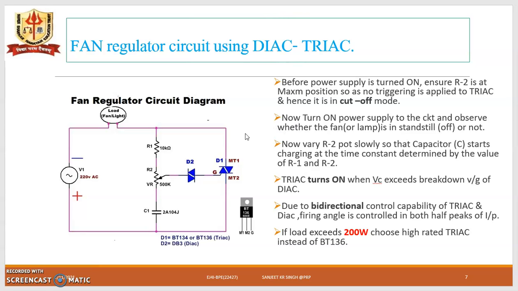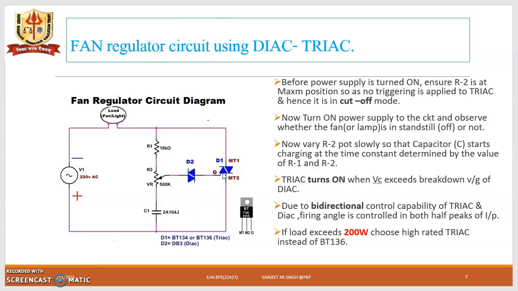Now when we turn on the power supply, we must observe that the fan is not rotating, it must be at standstill, or the motor is at standstill in off state. Now when we vary R2, slowly the capacitor gets charged at the time constant determined by the R1, R2 and C1 values,